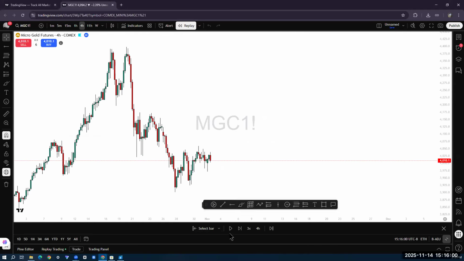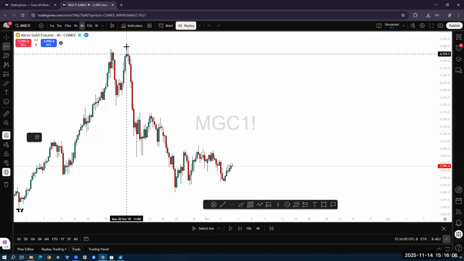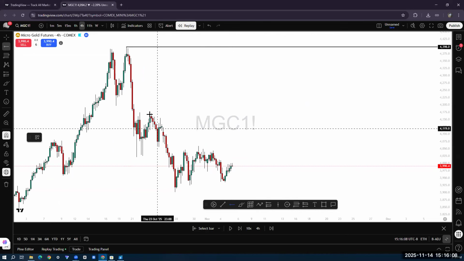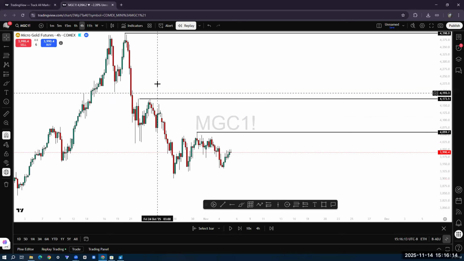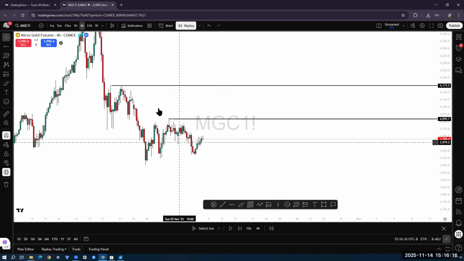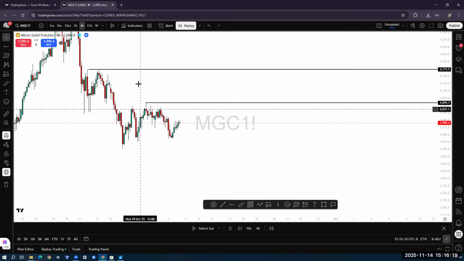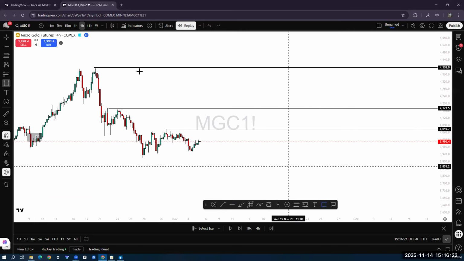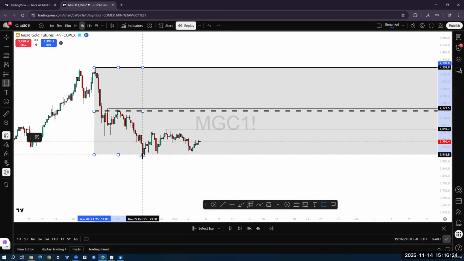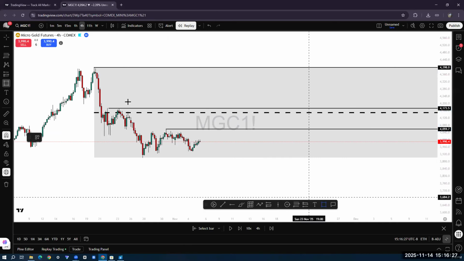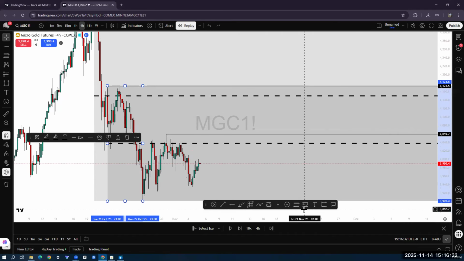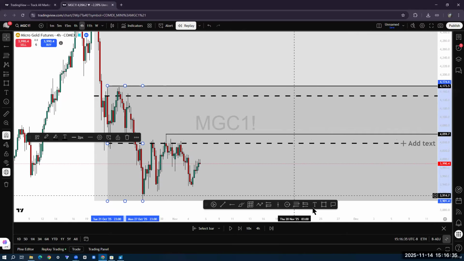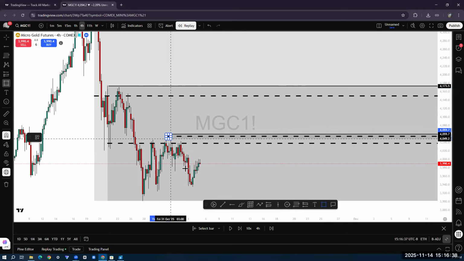And we know that we have multiple different ranges. Let me fast forward this so I can show you better. Boom. So we have our high, our most recent swing high, and our even more recent swing high. High, high, high. Cool. Now, from this range down to here, this is our macro range, the most macro of macro perspectives. Inside of that range, you have this range. And inside of that range, you have an even tighter range right here, from here down to here.